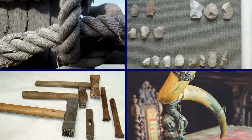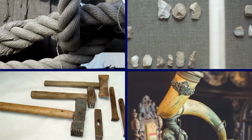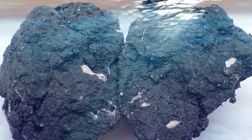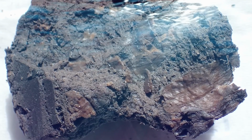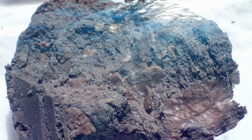Archaeologists retrieved wood and flint tools, carvings, animal horns, ropes, and even the bones of an extinct cattle-like species, an ancestor of modern cattle known as an auroch. The objects owe their remarkable preservation to a black gel-like sediment called gyttja, which forms from decaying peat. They became encased in the substance shortly after they were submerged, and the lack of oxygen protected them from decay